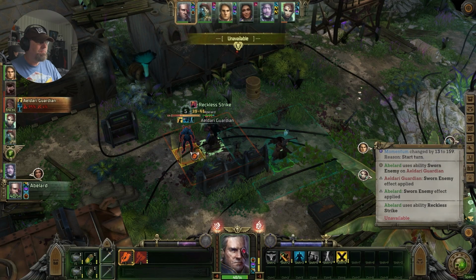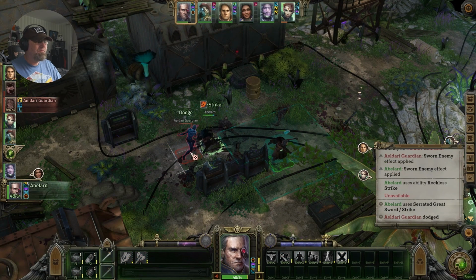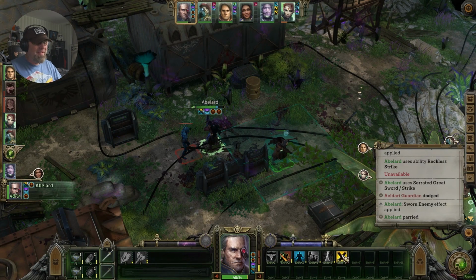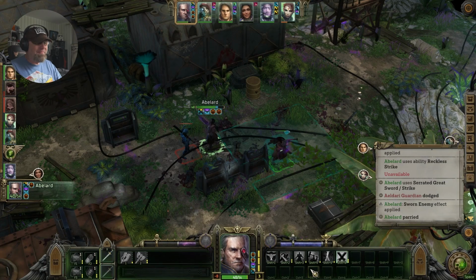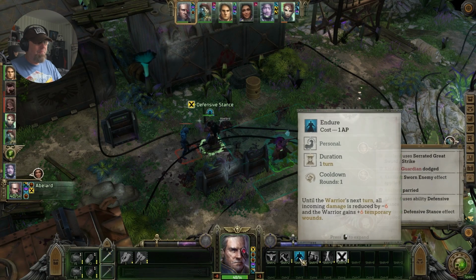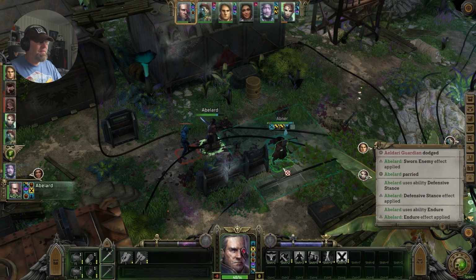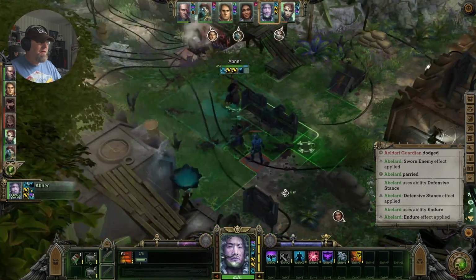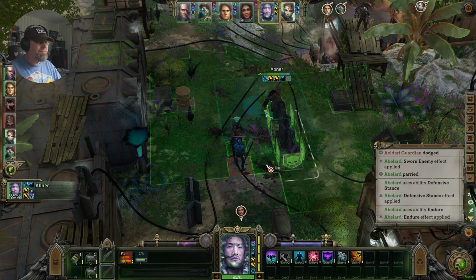That's not the Seneschal's job. Indeed. What did it say? We had like a 5% chance to get that one through because of all the dodge. Oh well. I'm going to pop that. And we'll pop our Endure to get us some more reduction in damage. Now Abner. I'm going to put...